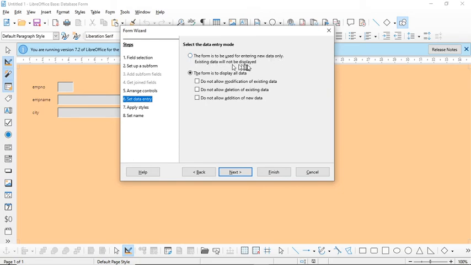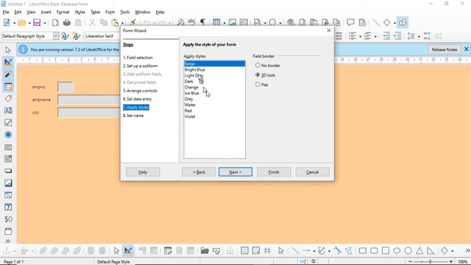Existing data will not be displayed. I want to display all the data, so I am going to select the second option. Don't tick the checkbox, only select the second option, click on next.